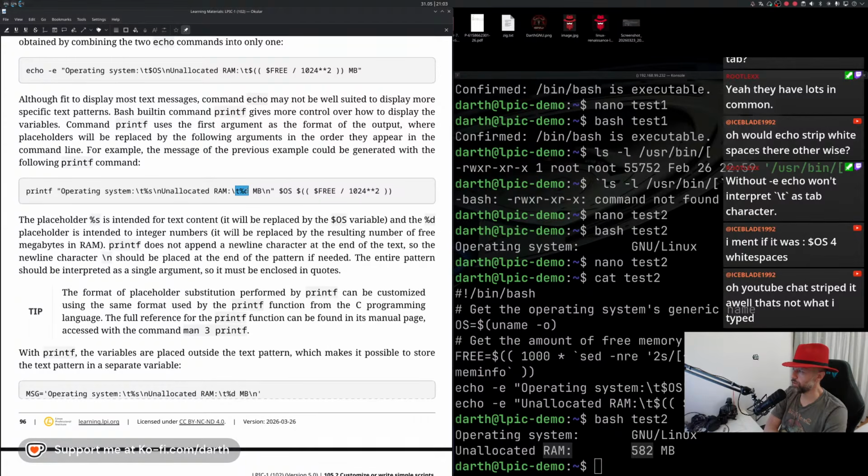The D and the S, that's actually the same as in the C programming language, isn't it? I just forgot. The D is like the type of the variable, isn't it? The type of the variable. I forgot which one is D and which one is S. But these are variable types, like integers and